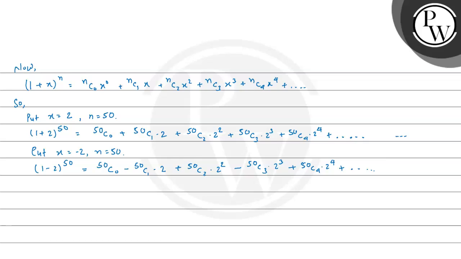Let us consider this equation as 2 and this equation as 3. So we can write this by adding equations 2 and 3, we get